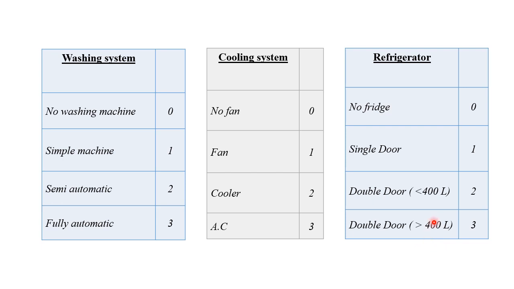So every amenity is given a score. We have to take the score of the highest group. Like if a family is having one single door fridge and one double door fridge, then the score will be taken for the highest category, that is 3. Another example, if some family is having 4 air conditions, 5 fans, so we will be using the score of the highest category, that is air condition AC, and that will not be multiplied, like it will not be 4 into 3 12. So score will be 3.